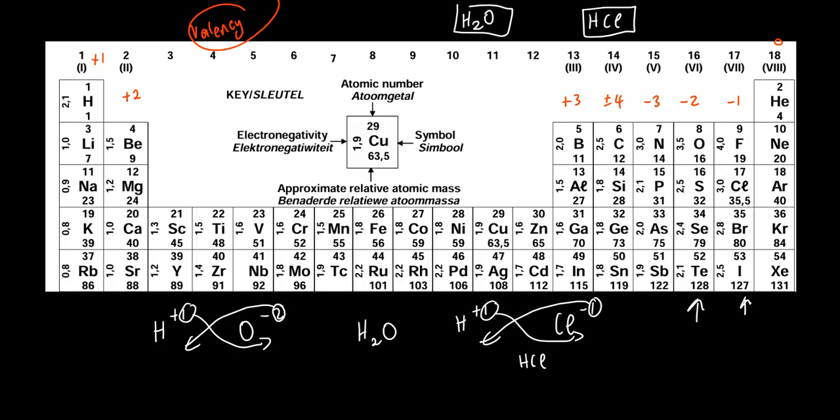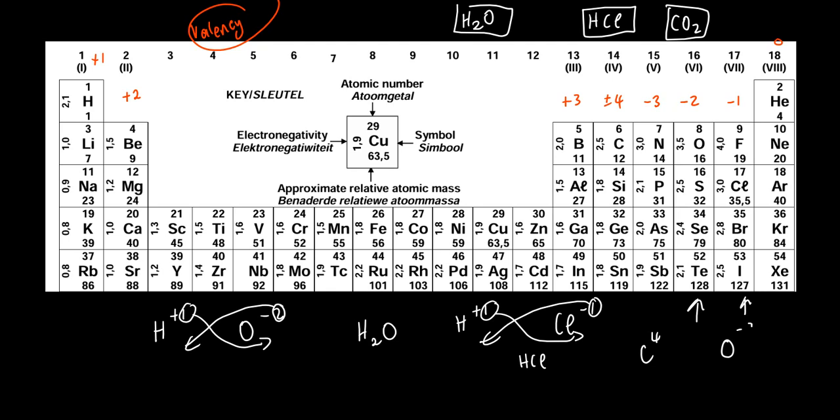So that is how we do it there. Let's see. How do we form CO2, carbon dioxide? Why do we form CO2? Well, carbon is 4, oxygen is